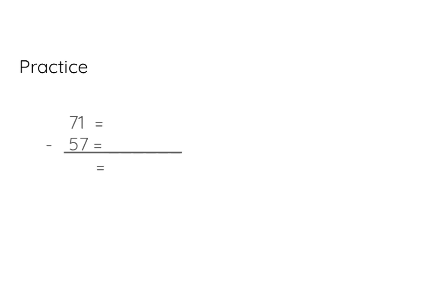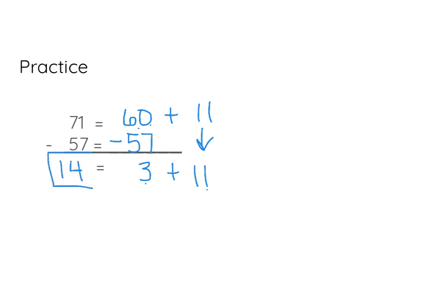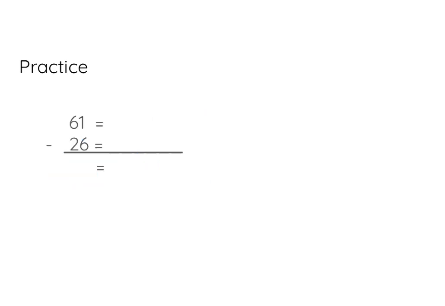All right, 71 minus 57. Solve it. All right, my next 10 equals 60. And then when I break apart 71, I break it apart into a 60 plus 11. Bring down the 11. Well, what happens to the 60? I subtract 57 from it, which is the partner to 7, which is 3. So 11 plus 3 equals 14. Great job. And the last one,